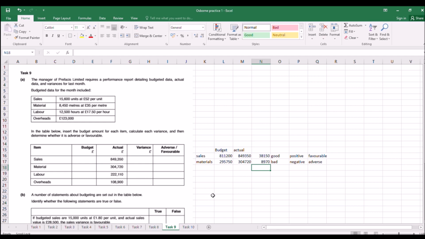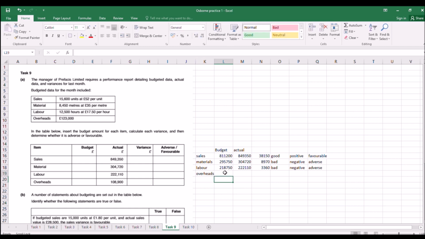And then let's get on to the next one, which is labour. And we have 12,500 hours times £17.50 an hour is what we budgeted. We actually spent 222,110. Okay, so again in AAT land, we take the smaller from the bigger number, like that. Now we spent more than we wanted to, so that's bad. We spent more as an expense, so that will be negative in the real world and adverse in AAT land. And overheads,